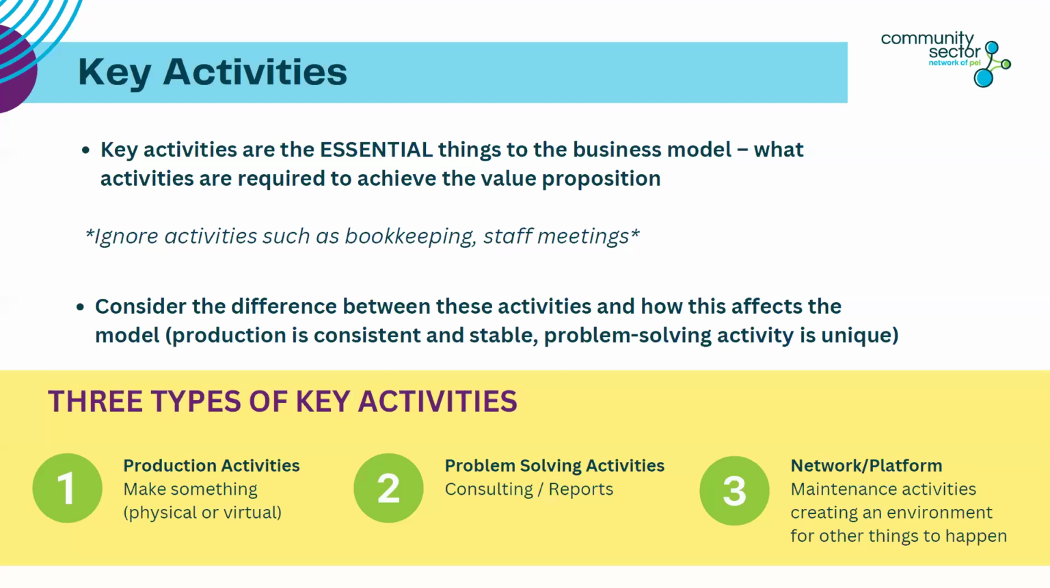You really need to consider what activity you're involved in and how this is going to affect your model. So there's different things to consider, such as when you're looking at a production activity, that could have some consistency and stability over time. So you could be producing the same product over time, and then you could have a very repeatable process for doing that. Whereas a problem-solving activity may be more customized, depending